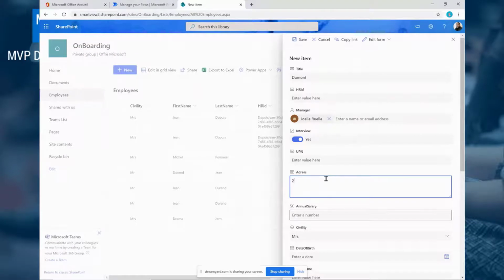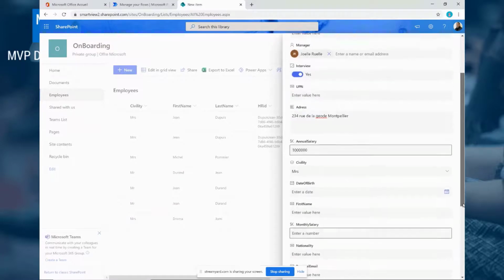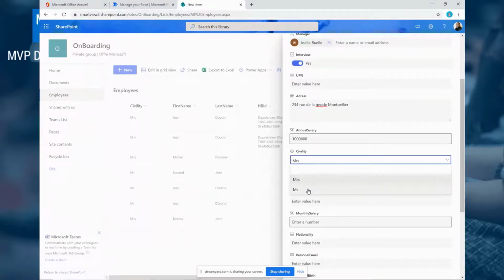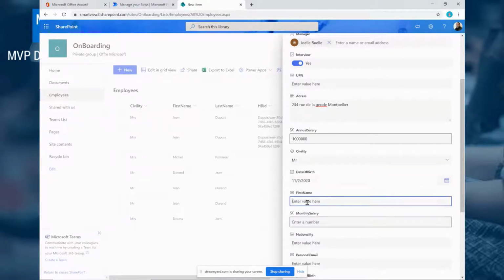So I will send this contract by email. So I need an address. Sorry, it's my own address, a French address. The salary, of course, so it's a big one. And it's Mr. Date of birth, of course. It's not correct, but it's just to go fast for this demo.